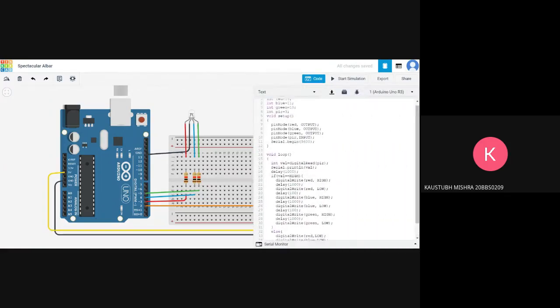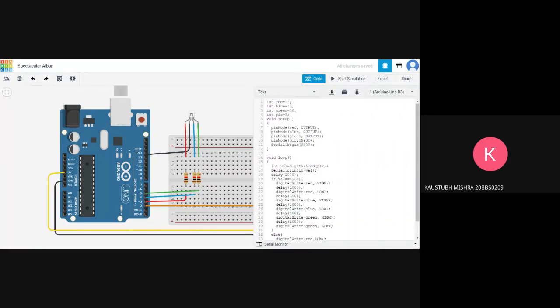I have pasted this really complex looking code, but it's actually extremely simple once you get to know it. Over here, I have created these integer variables: red, blue, green, and PIR. PIR is obviously for the PIR passive infrared sensor. Green is for the green pin of the LED, blue is for the blue, and red is for the red.